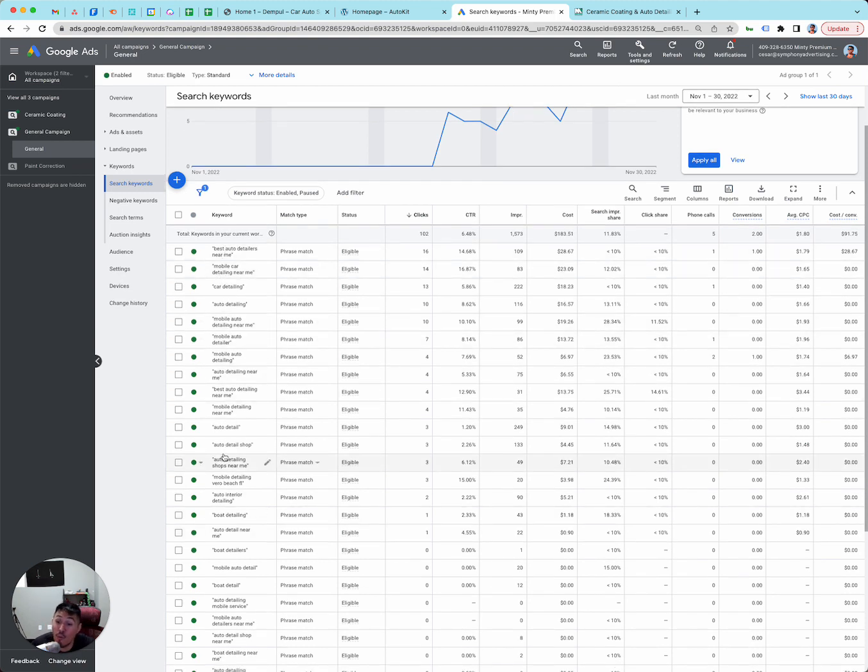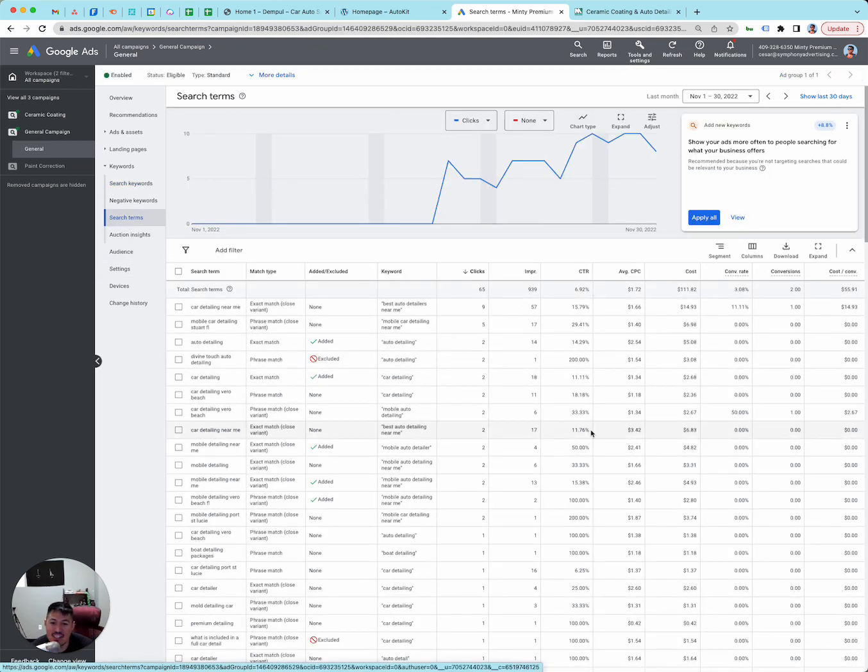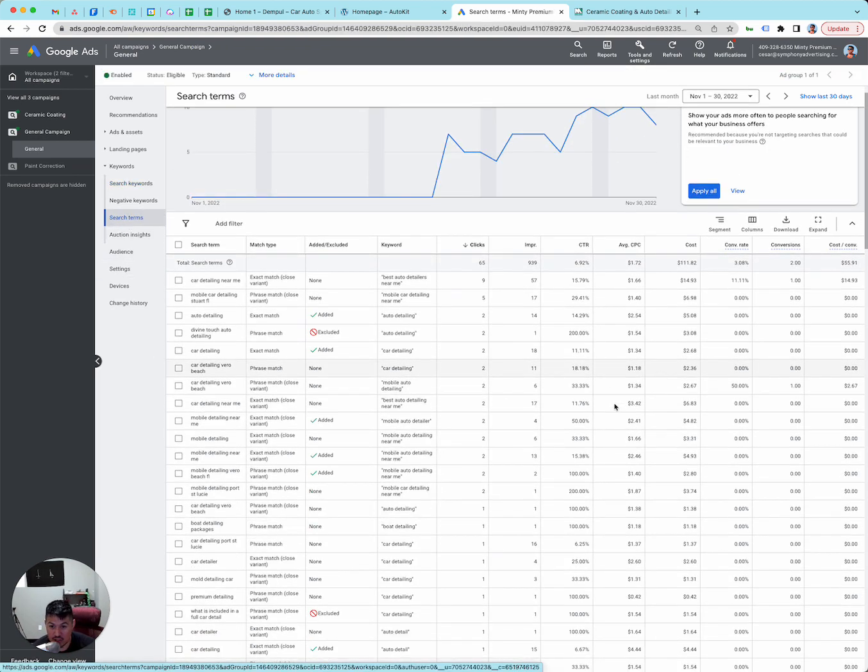And so we're going to go one more level down within this group, and this is the search terms. So these search terms, while they don't show us all of them, they show us exactly what people looked up based off of our keywords. So if you see right here on the fourth column, it says keyword, and you saw the best auto detailers to me keyword earlier, this triggered car detailing me. Mobile car detailing near me triggered mobile car detailing Stuart, Florida. Auto detailing